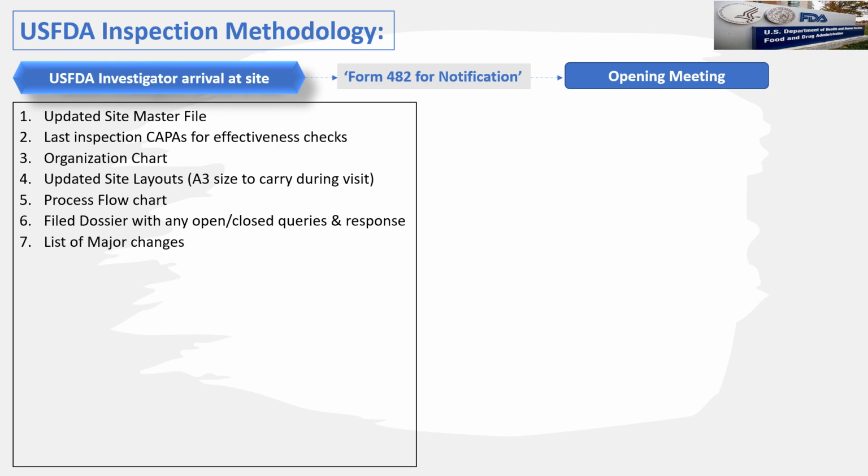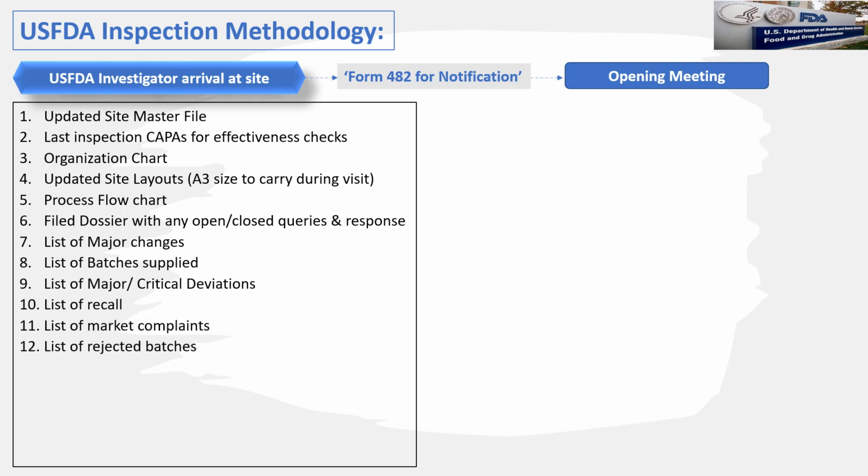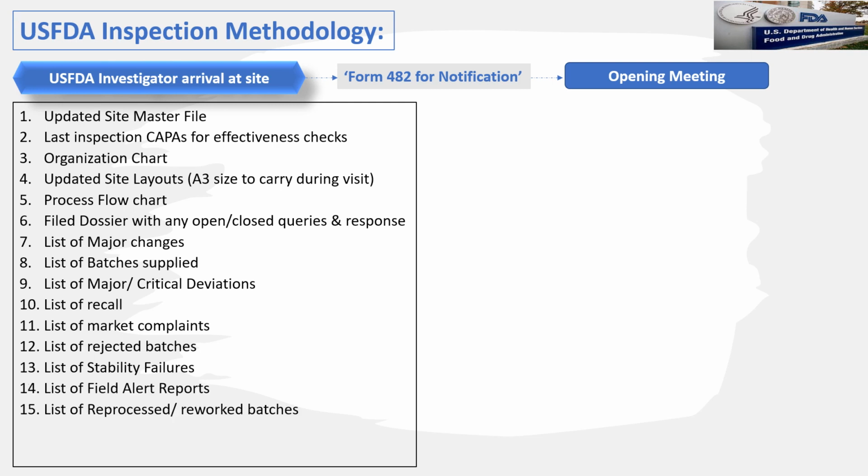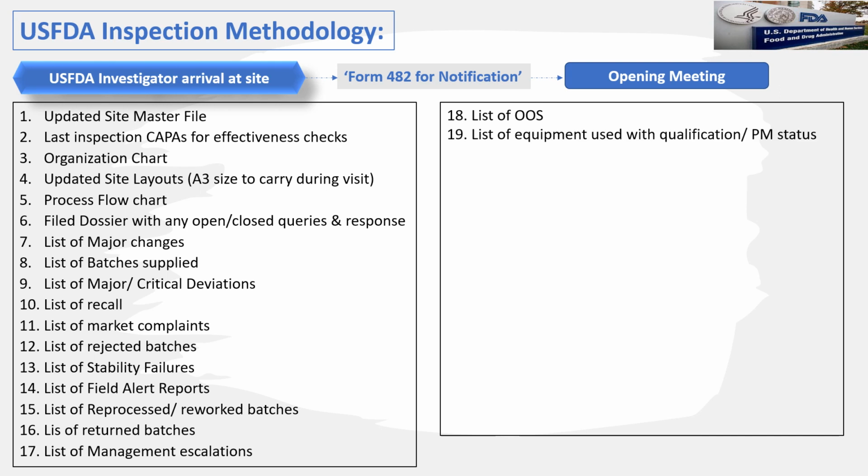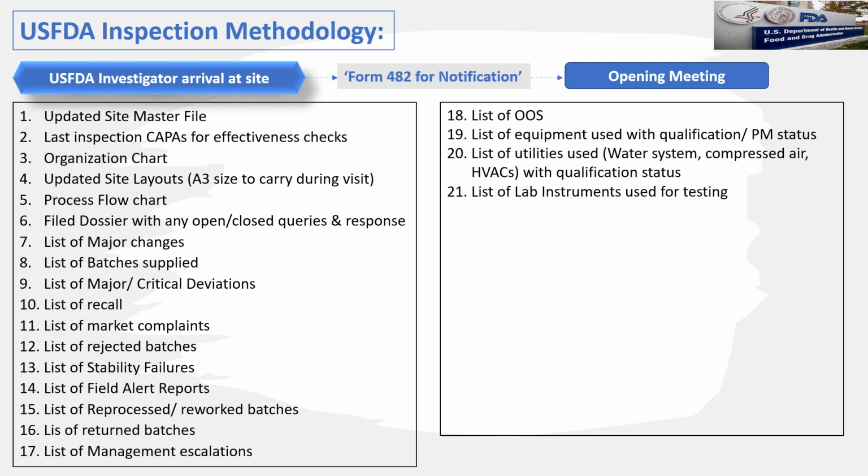the associated responses, list of major changes, list of batches supplied, list of major and critical deviations for the US market products, list of recalls for the US products, list of market complaints, list of rejected batches, list of stability failures, list of field alert reports, list of reprocess and rework batches, list of returned batches, list of management escalations, list of OOS for the US product, list of equipment used with qualification status, list of utilities used like the water system, compressed air, HVACs with the qualification status, list of lab instruments used for testing,